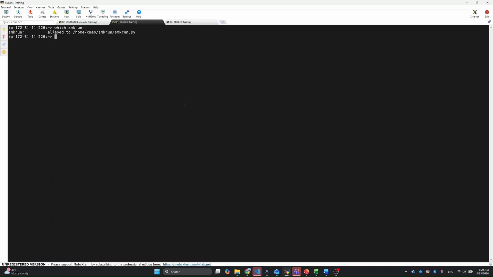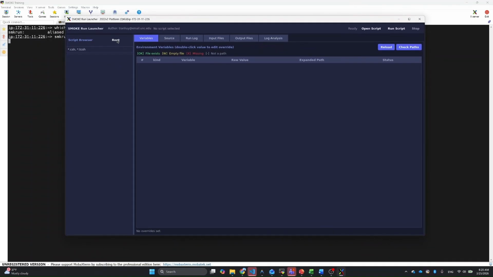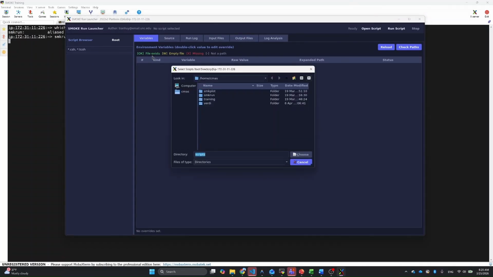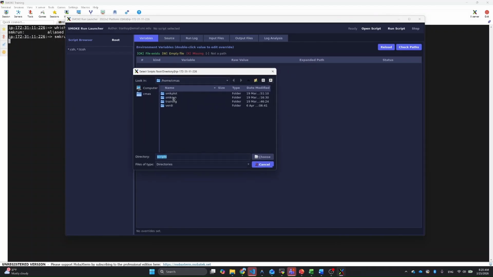Now there are several ways to use SMKRUN and navigate to the run script for RWC. One way is to just type SMKRUN directly, and it should show me the GUI interface of SMKRUN. And then I will use the root button here to navigate to the top level directory that hosts these RWC run scripts. So I know that it is under home CMS training 2022 HECB6 2022M,